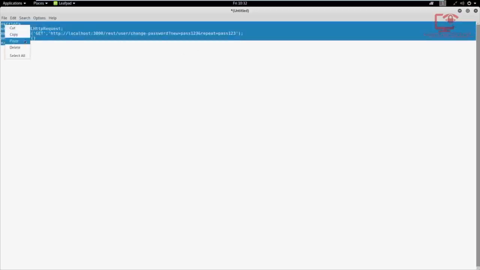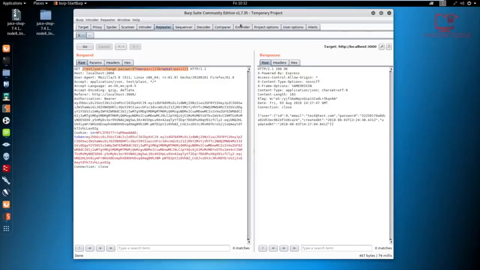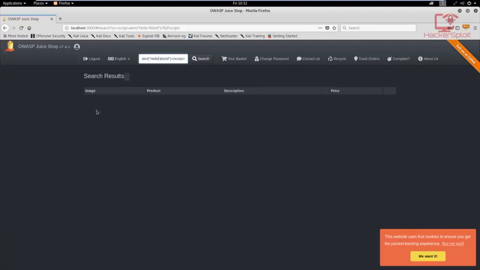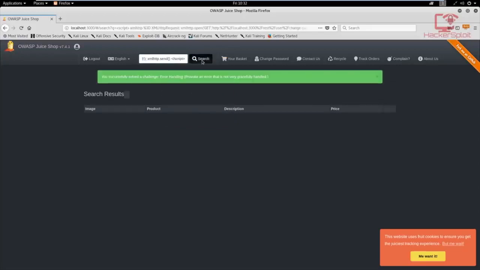And that should, in theory and in practice, give us our first CSRF attack on the site. So I'm going to paste this in here and let's see whether it does this. So I'm going to hit search and you can see you successfully solved a challenge. Error handling, provoke an error that is not very gracefully handled. Again, this is a fantastic vulnerable web application that is awesome for practicing your web application penetration testing